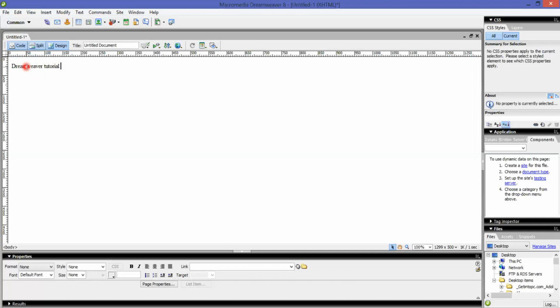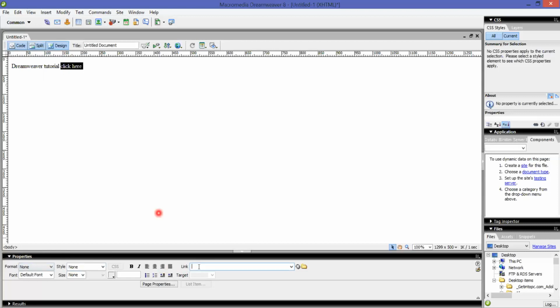Okay, now I've typed Dreamweaver tutorial, then I'll give it as click here. Now I'll select this. After I select this, you can see at the bottom, this is your properties toolbar. In your properties toolbar, you can see a column which is meant for link. I have to click on this link and then give the link.